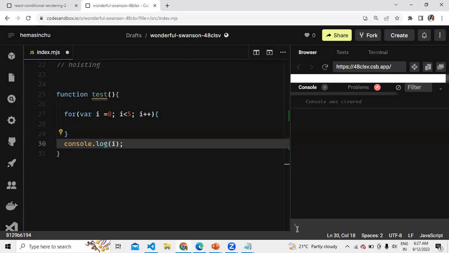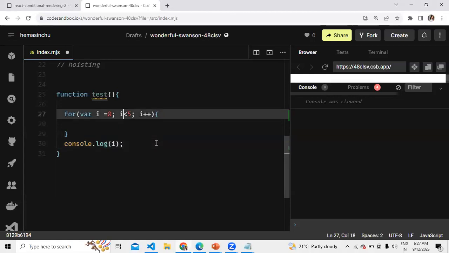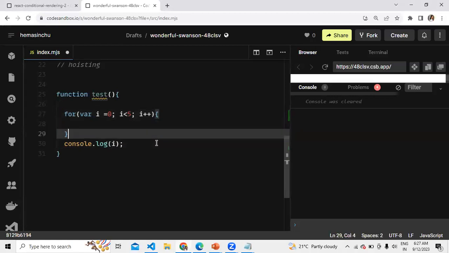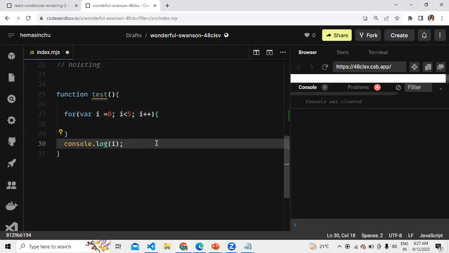Yes, we can actually access it since it is a var. I'll be having the value, which is fine.